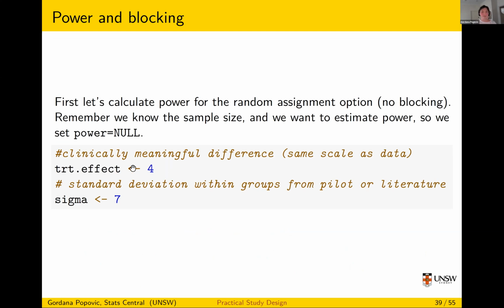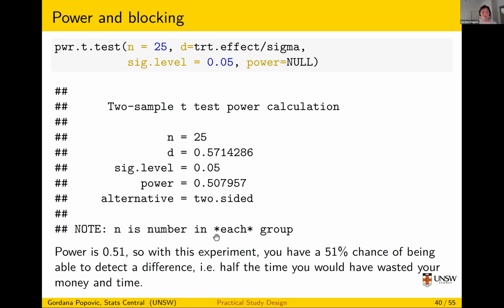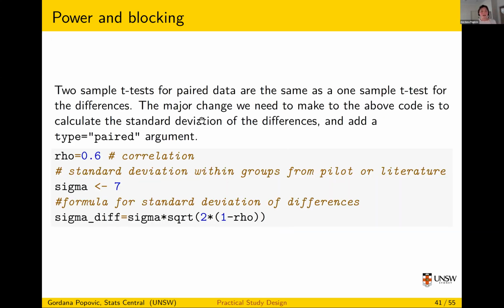That is exactly 4, actually. So half the time I've wasted my time. All right, so then I tried the alternate, the different allocation. So I have to do a little bit of maths to do this in R, but it's not that hard. And you'll get my slides, so you can do it too.